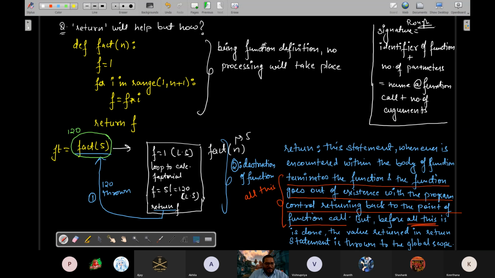This return statement will throw the value of 120 and will replace this expression, and then this will go out of existence. And then this 120, which has been replaced in place of function call at the point of function call, will be put inside the LHS, so that ft becomes your factorial, and then you can print ft.